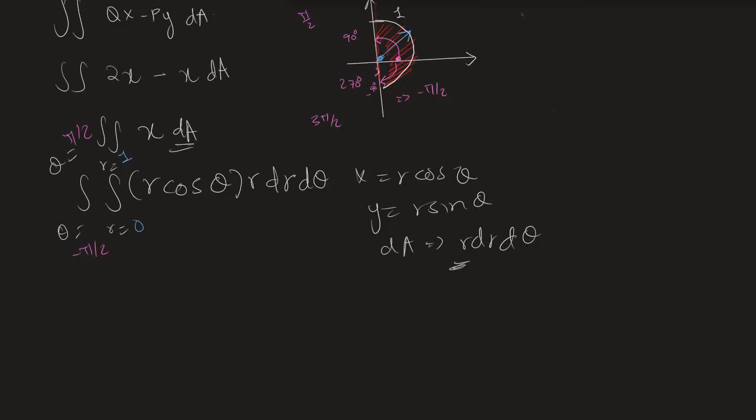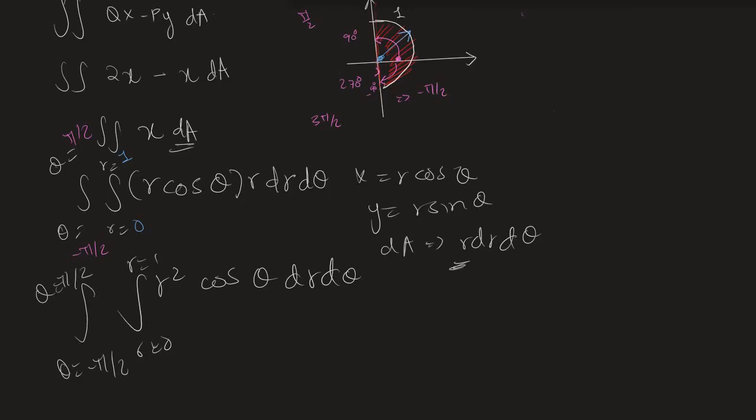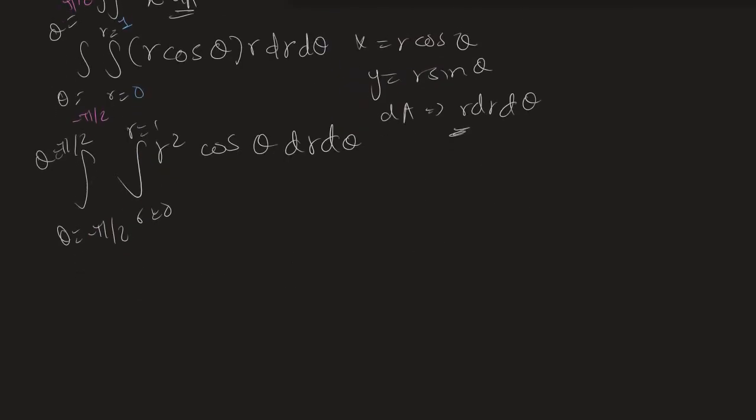So now you can multiply this r, so you have r cosine squared dr d theta, and then you have from r equals 0 to r equals 1, and then from theta equals negative pi over 2 to theta equals pi over 2. Once you have written this, you can separate the r's and the theta. So if we separate this, we are left with r squared dr, r equals 0 to r equals 1, and then we have